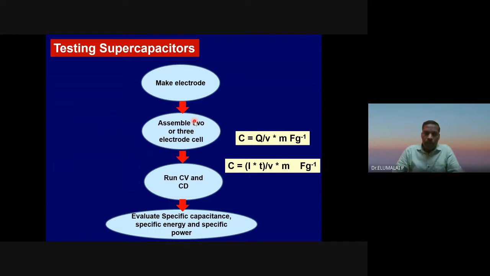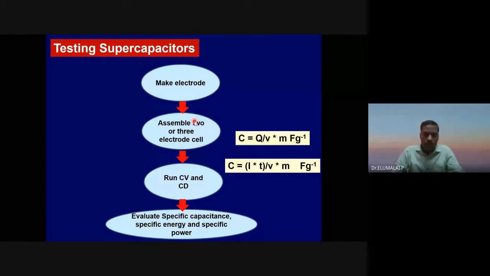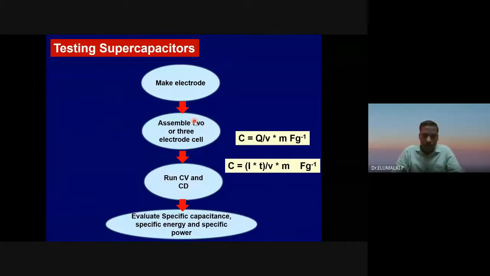Then, after doing cyclic voltammogram, you can also do charge-discharge profile, charge-discharge curves, galvanostatic charge-discharge curves. So apply a constant current, start recording the potential response of the 3-electrode. During charging, potential of the cell will increase. During discharging, potential of the cell will decrease. So you need to have some fixed potential.